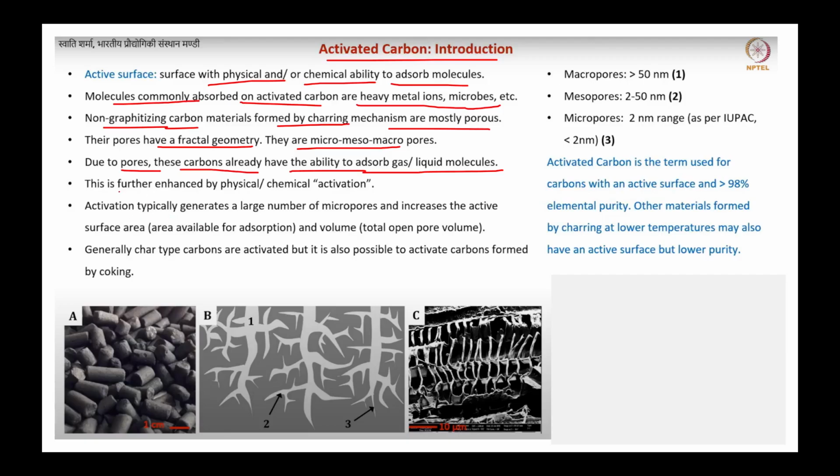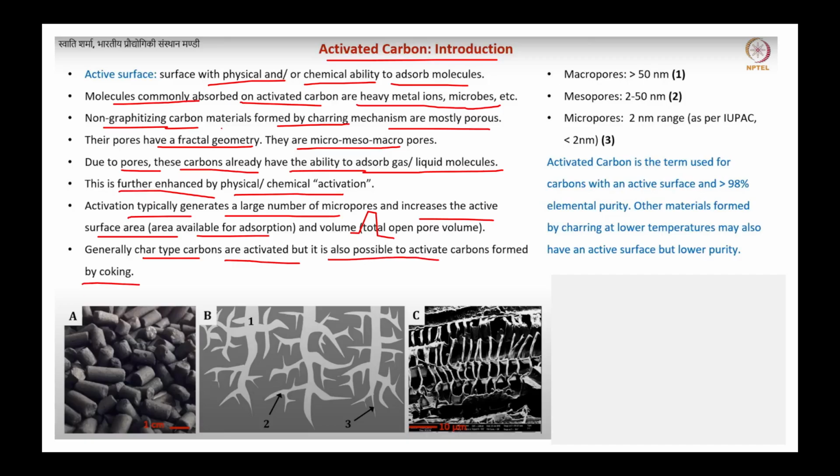Now this is further enhanced by physical or chemical activation. Activation typically generates a larger number of micropores and increases the active surface area. The area available for adsorption is called the active surface area, where mainly the adsorption will happen. Then there is the total open pore volume. Here, generally the char type carbons are activated,